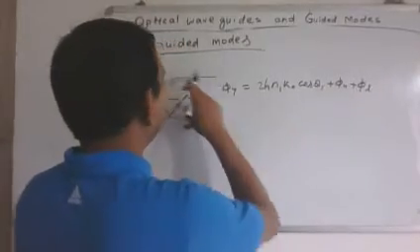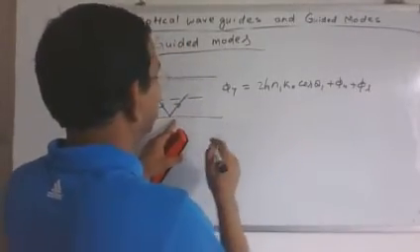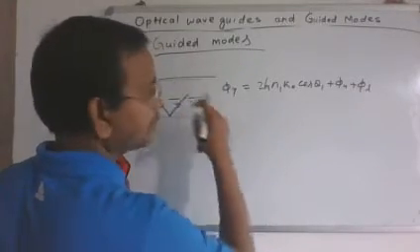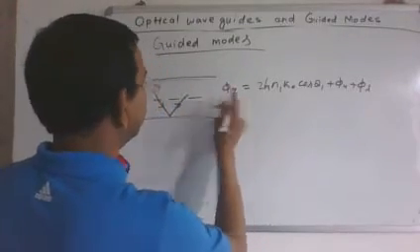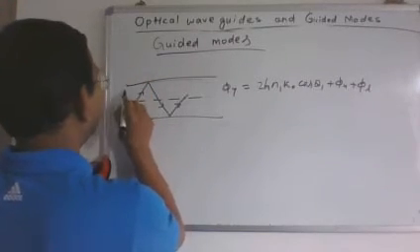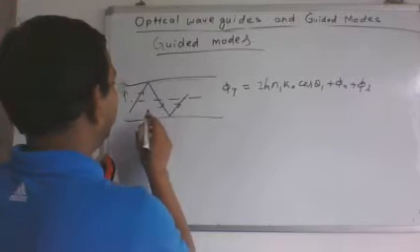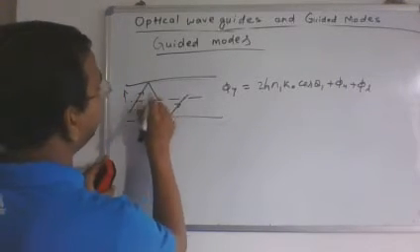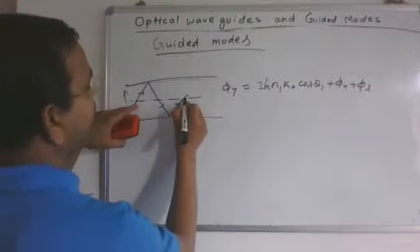Before discussing why phi u and phi l happen, let us understand what I have written previously. Phi y is the round trip phase, the total phase change in the transverse y direction in one round trip. One round trip means light going from this point and again reaching the same point. What happens,